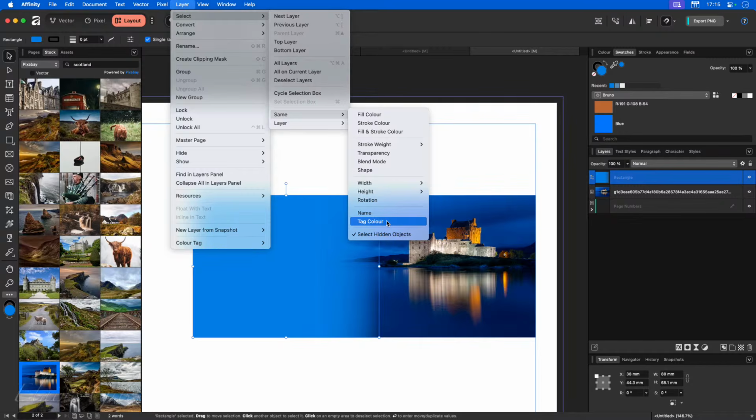I'm not quite sure what I could call a session on organisation, but it is basically organisation. So there's a couple of features in here. There's snapshots and there's states. And states can be automated. They rely on either the name or the tag colour. So when I'm working, I do tend to use tag colours in case I want to use a state in the future. So of all the things that you can select that are the same, if it's faster for you,